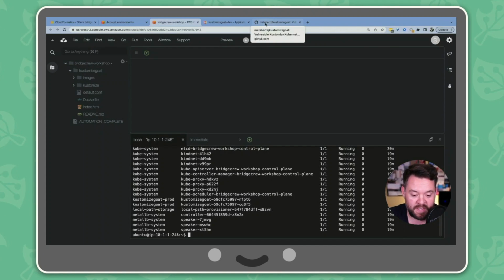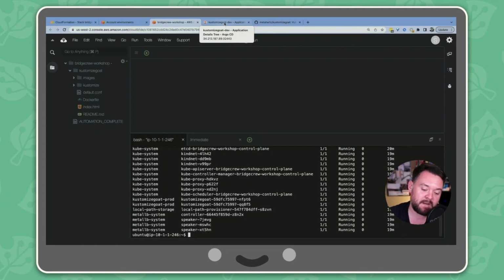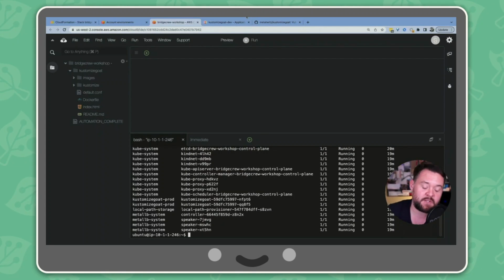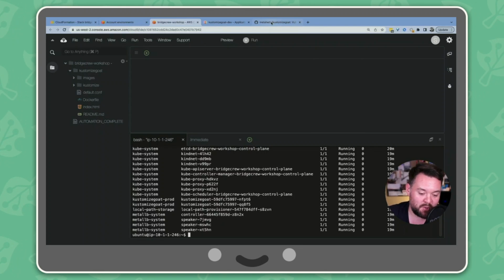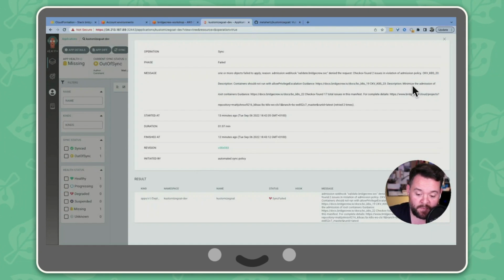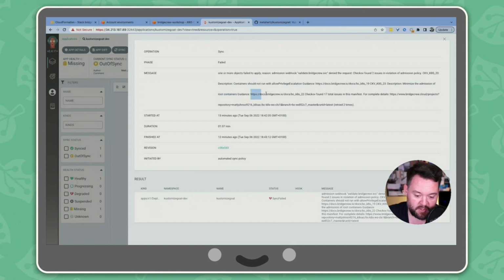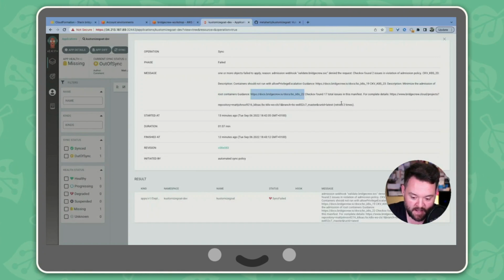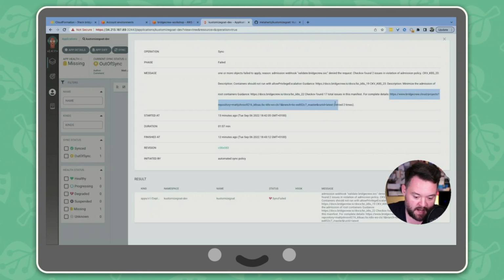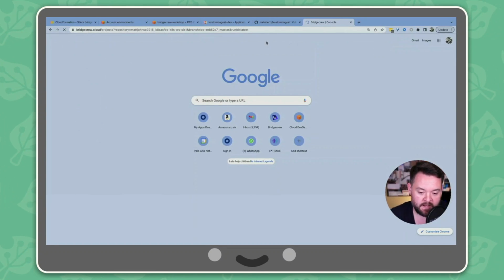What that's going to do is look for the worst of the worst offending issues that can be related to Kubernetes manifests, and Terraform and CloudFormation for that matter, but specifically around Kubernetes in this instance. And it's going to say, okay, we really don't think you should be allowing a root container into this cluster, for example. And then it's going to give us some documentation if we want to read up on that. And it's also going to give us a link so that we can see a slightly prettier view. So if I go here and follow that link,